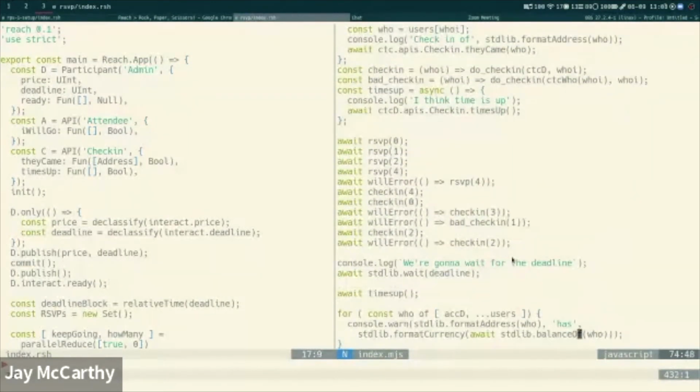And then what we do is we just write this little test scenario where 0, 1, 2, and 4 RSVP, and then the 4th tries to RSVP again and it fails because you can't RSVP twice. Then 4 checks in, 0 checks in, and then 3 tries to check in, but it fails because they never RSVP'd. And then we do an incorrect check-in,